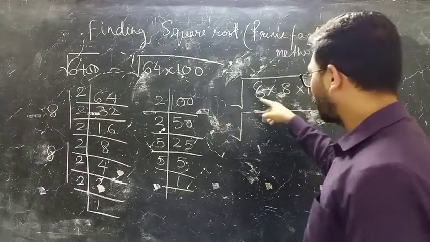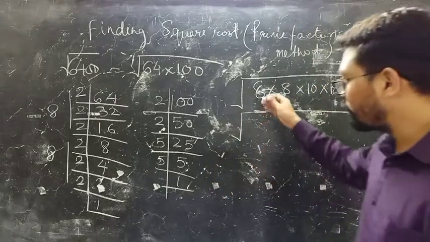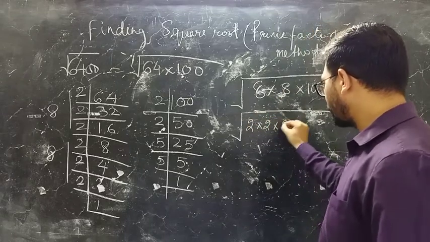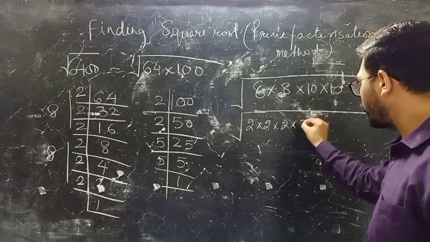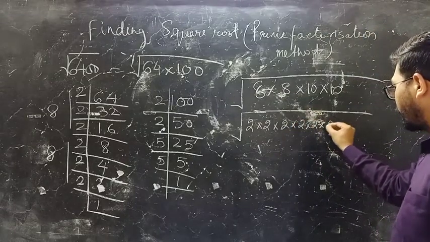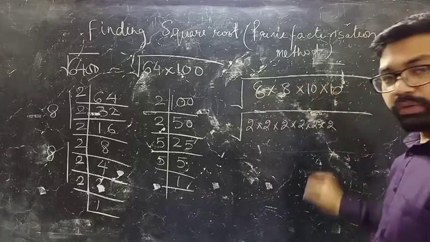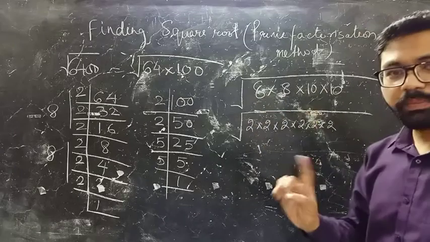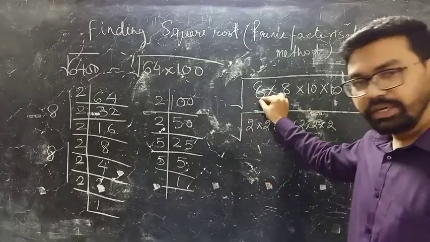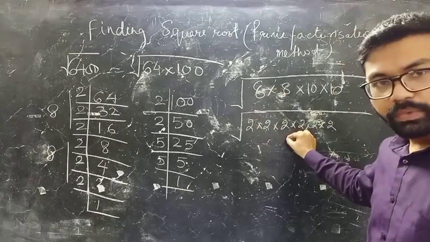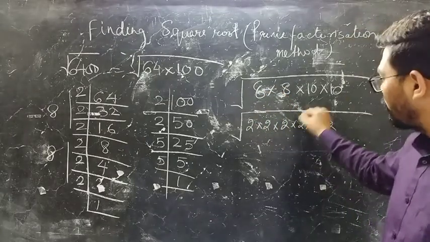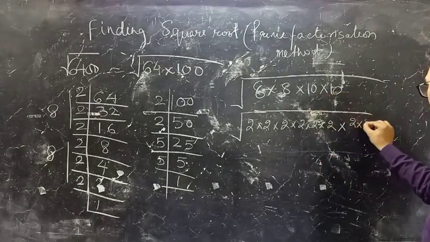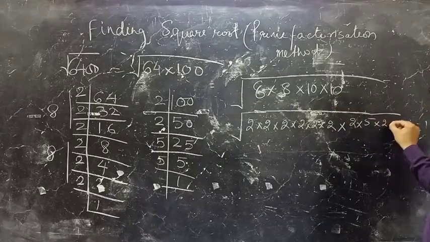8 is not a prime factor. So I just divide this 8 in this form, or you can say 8 can be written as 2, 2s are 4, 2s are 8. Similarly, this 8 can be written as 2, 2s are 4, 2s are 8. Why can't I write 8 into 8, 10 into 10? The reason is neither 8 nor 10 is a prime factor. Okay? 8 and 10 are not prime numbers. So that's why first I need to divide this 8 like this, in the form of prime factors. Similarly, 10 in the form of prime numbers. So 10 can be written as 2 5s are 10, and similarly this 10 can be written as 2 into 5.